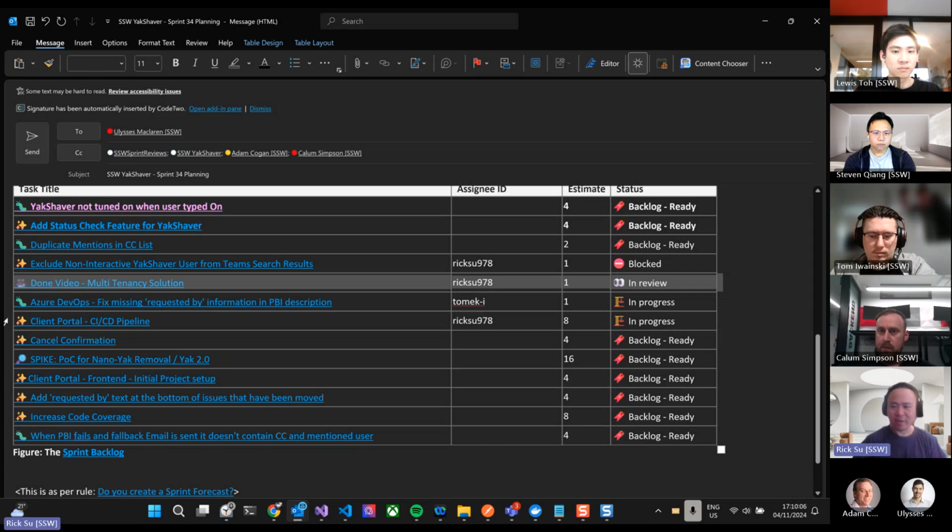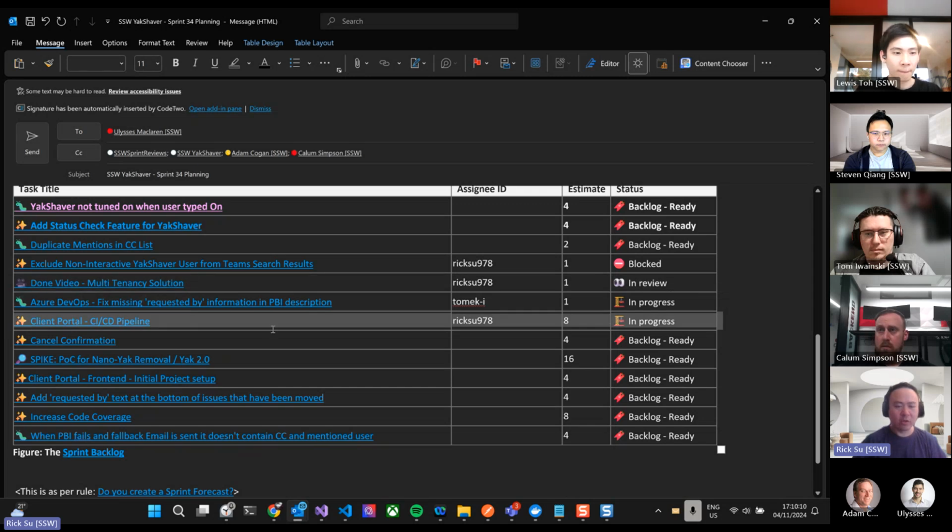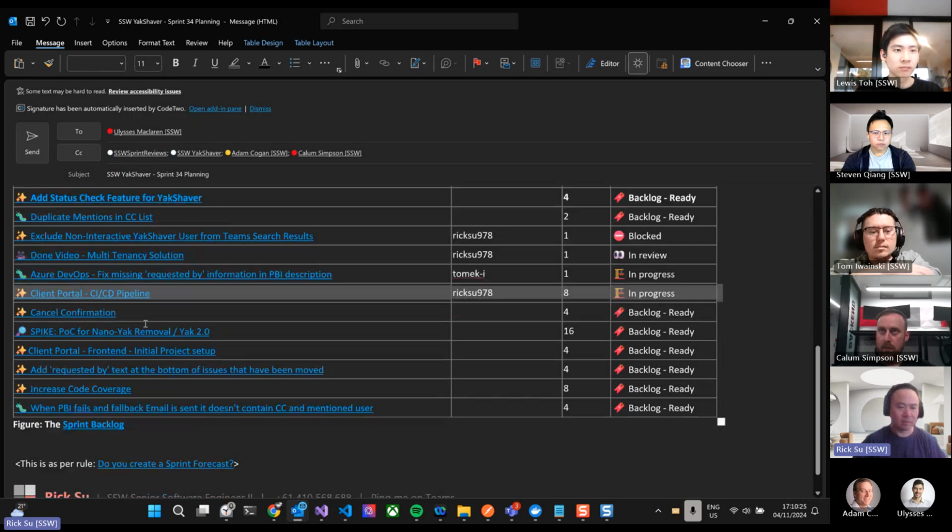And another important one is Tom and I have started on building the client portal, and right now it's just a boilerplate. At the moment, we are setting up the CI/CD pipeline, and then we will build on top of that onwards.